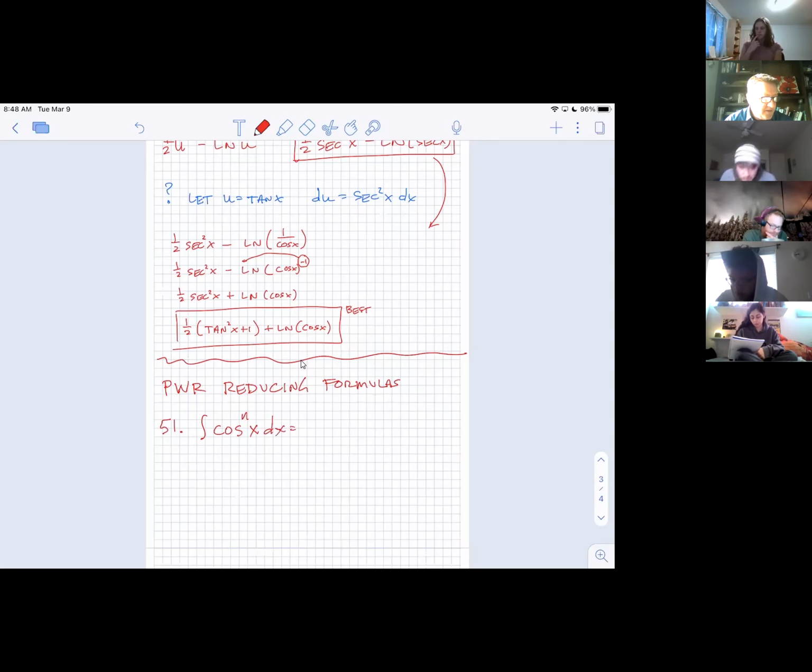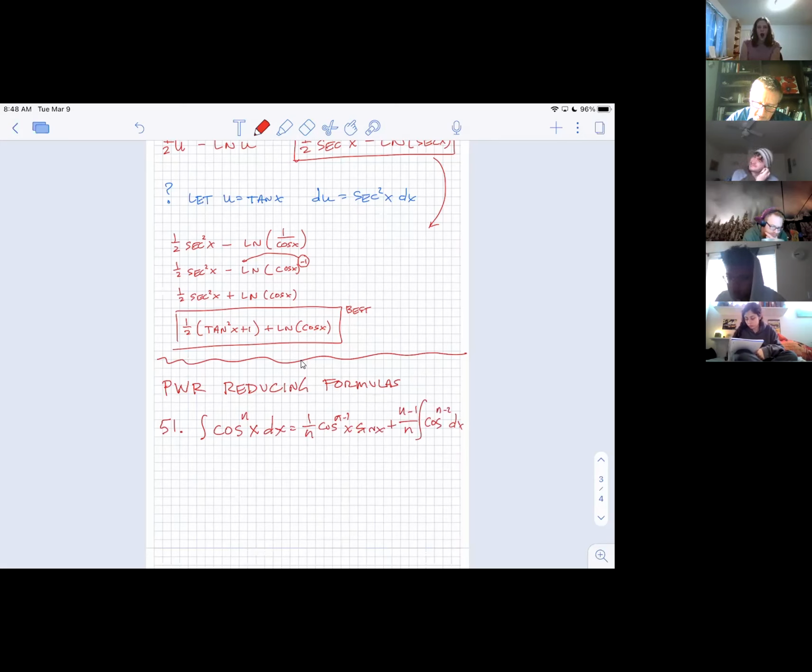So I want you to look carefully at this answer. It's 1 over n times, and notice I don't have it memorized, I'm staring at the book, times the sine of x, plus n minus 1 over n times the integral of the cosine, not of n now, but of 2 less than n. In other words, if that was a 6,